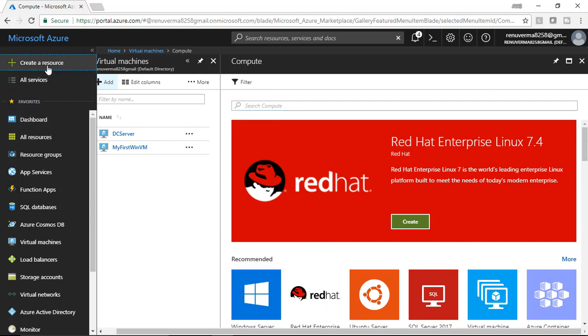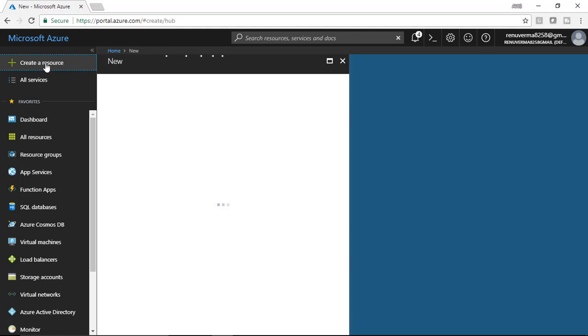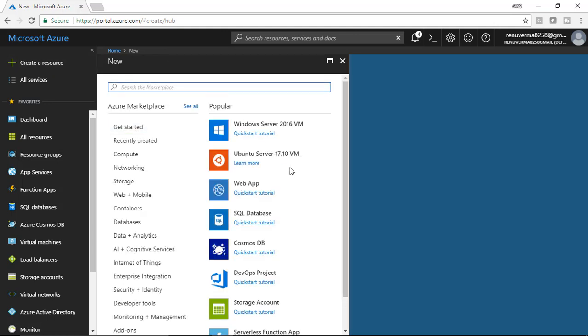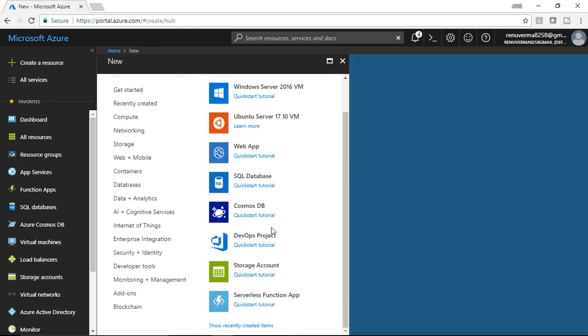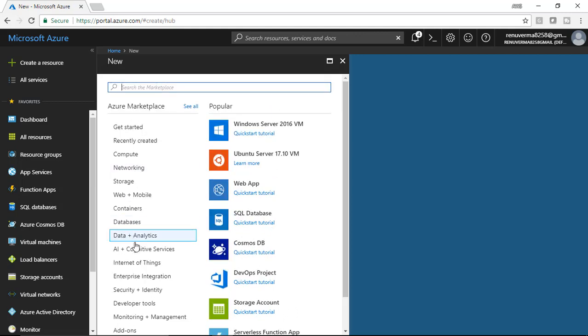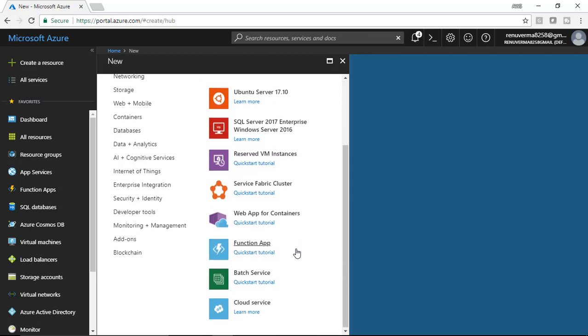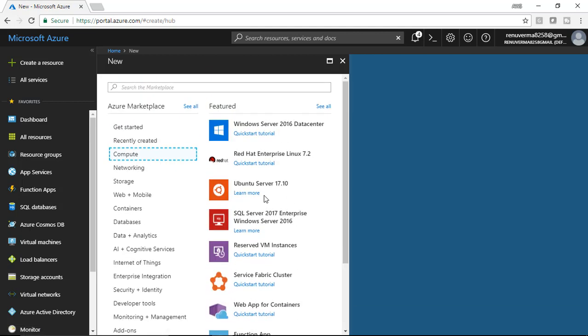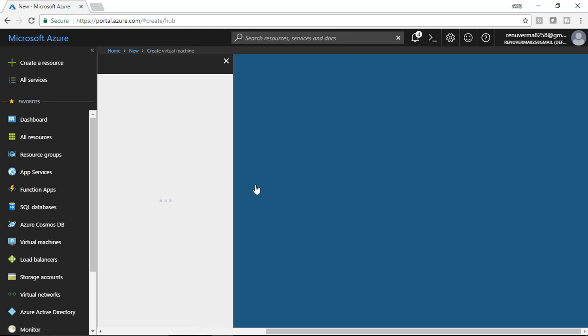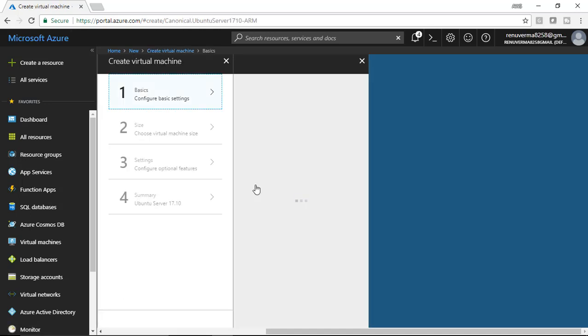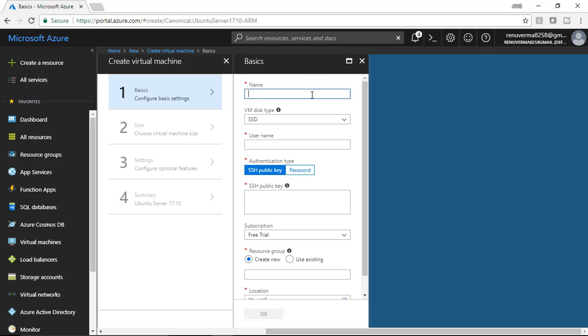Then again there is another option which is on the top. You can click on create a new resource, and here you can choose from the popular options, or you can click on compute and you can choose your server's version. Here I want to create an Ubuntu server, so I simply click on Ubuntu Server 17.10, which is the latest version available in Azure for Ubuntu. Here I say this is Ubuntu web server,